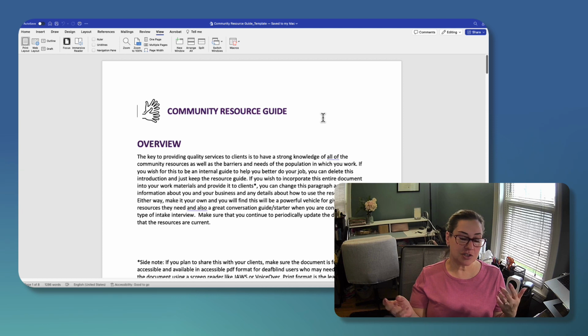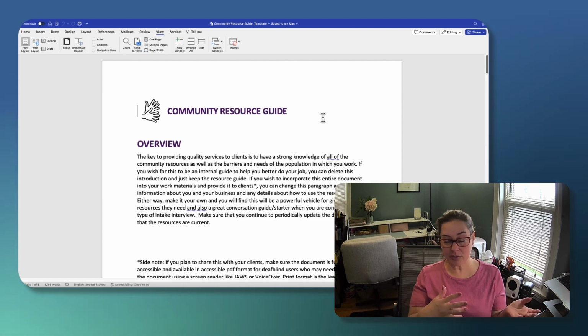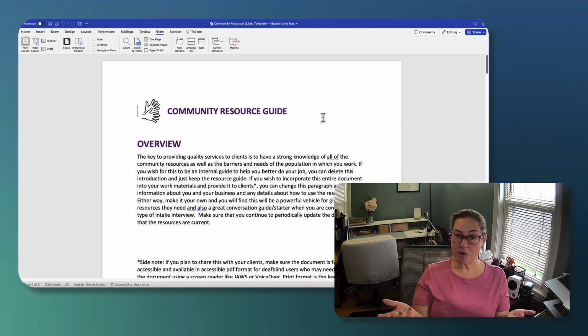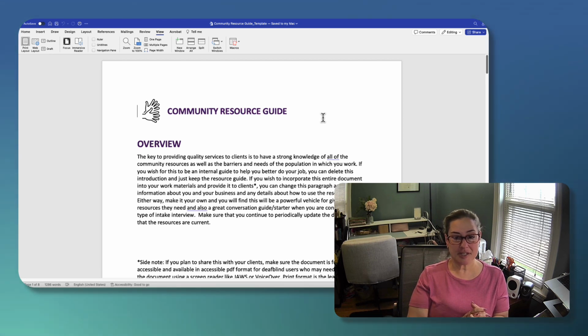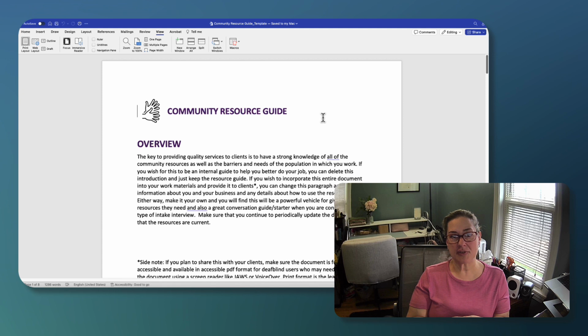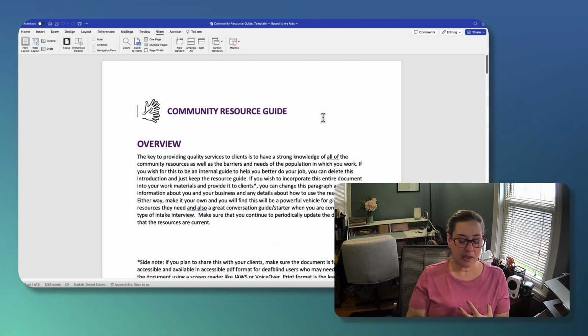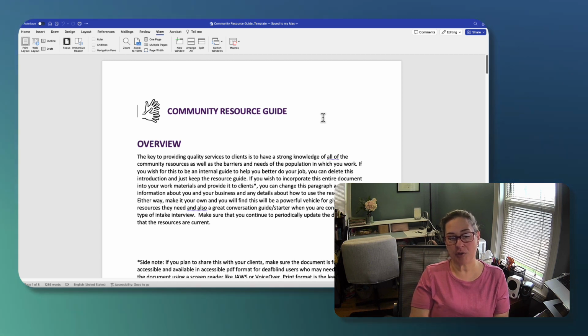If there are any questions, by all means, feel free to email me or put them in the forum so that we can answer them for you, or your colleagues can answer them for you. And I'm looking forward to seeing what everyone comes up with. I'm sure I might even get a few tips from all of you, as well as learn more about your areas of the country, because I've been working in the Boston area for quite a while now, and it's always helpful to me to see what's happening in other places and what everyone is going through in other parts of the country.